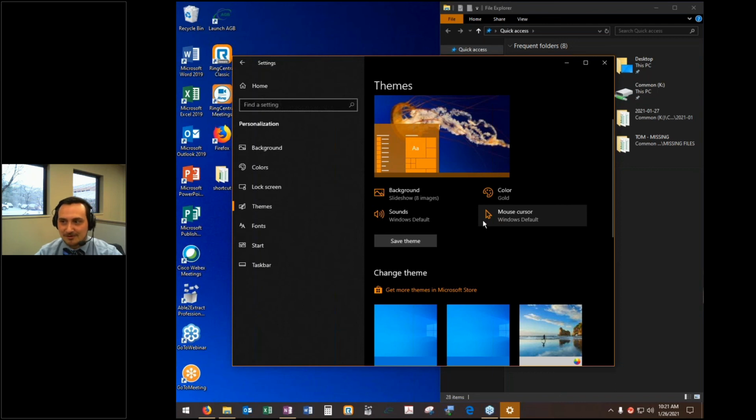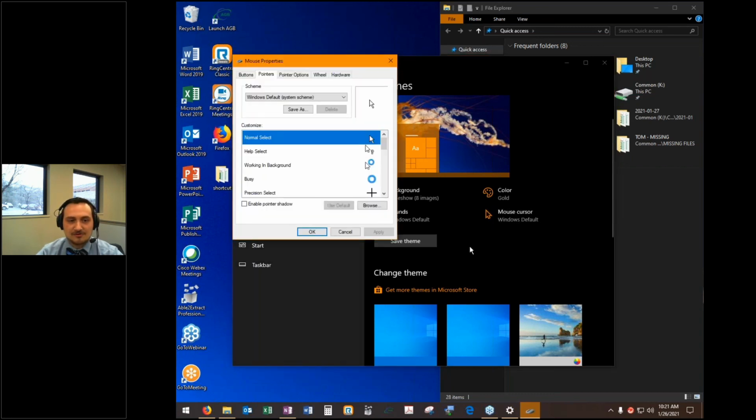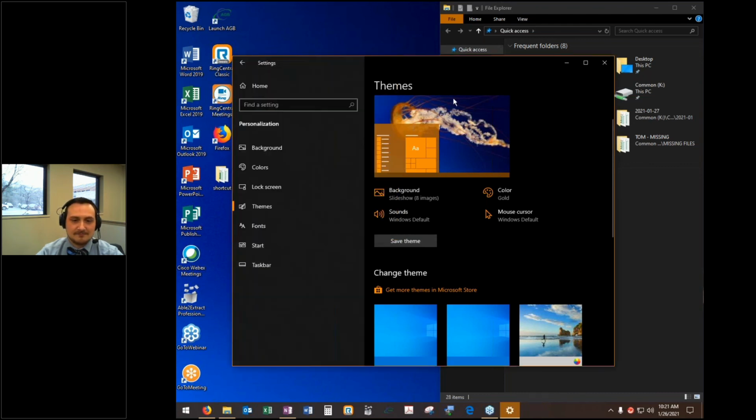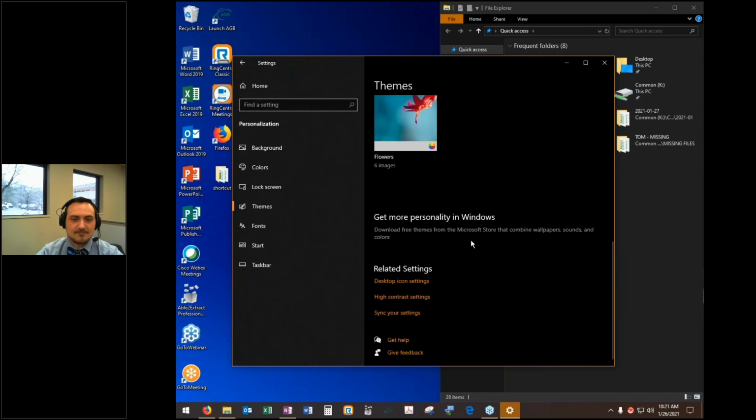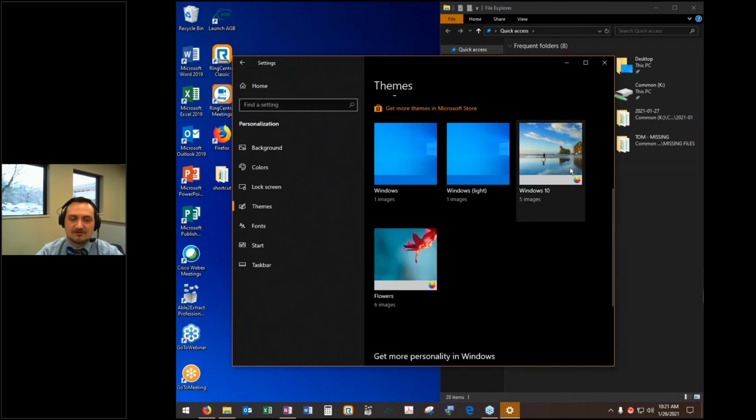Some people make their cursors wands. Other people make their cursors different icons. So it's really whatever you'd like. If I click on my mouse cursor here, I can scroll through some of the different settings as well. I also have a bunch of pre-registered Windows themes that I could select, like Flowers, native Windows 10, Windows Lite,